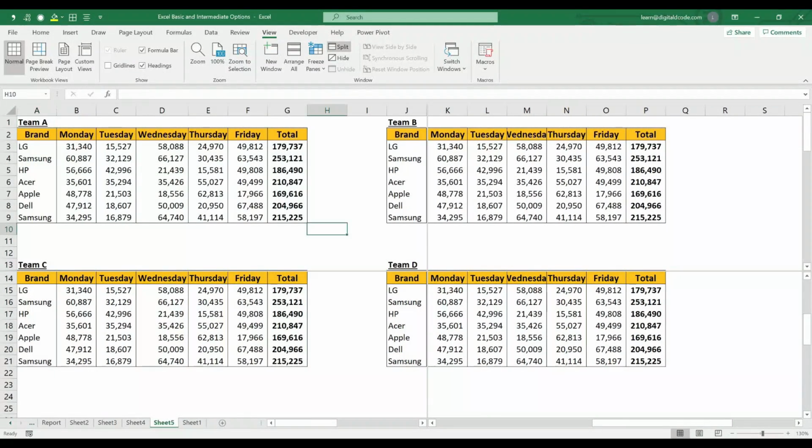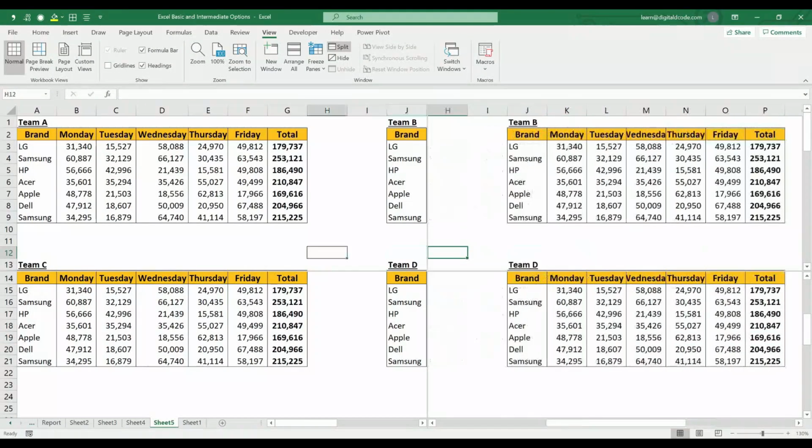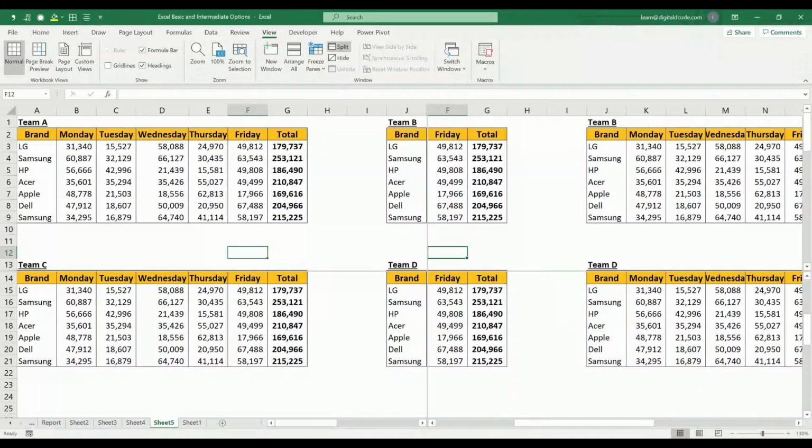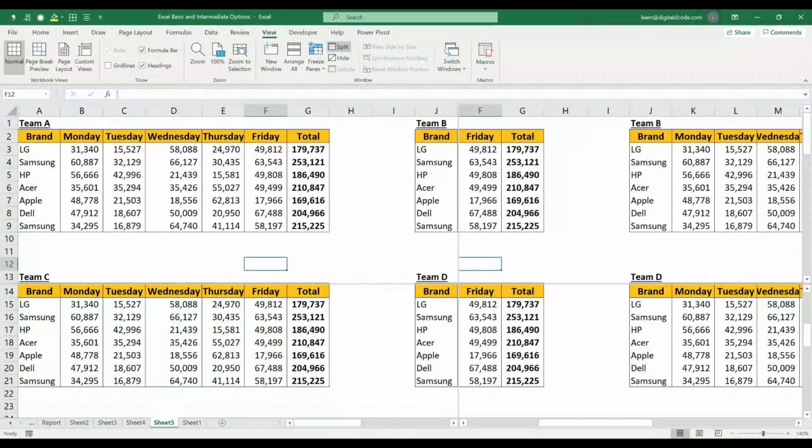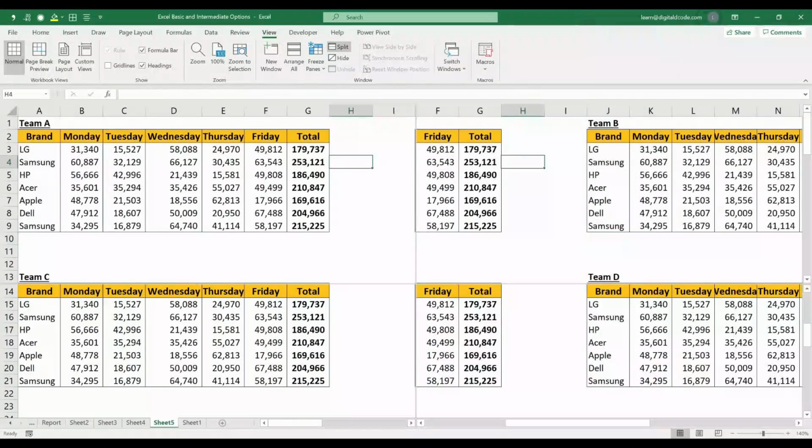Now you can see I have 4 window boxes: 1, 2, 3, 4. In the same sheet, if you want to work in 4 different places at the same time, you can use split window. So this is team A. Let me increase the size a bit. You can adjust the window size. This is for team A,